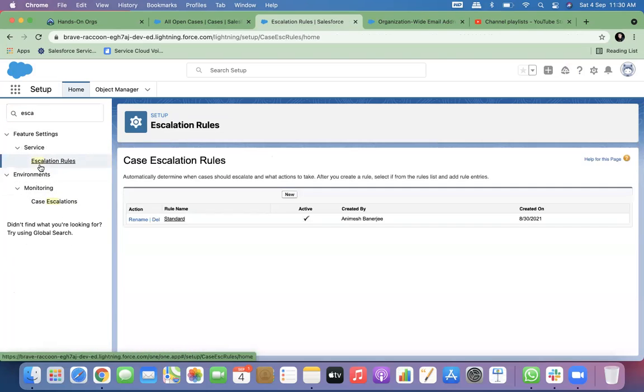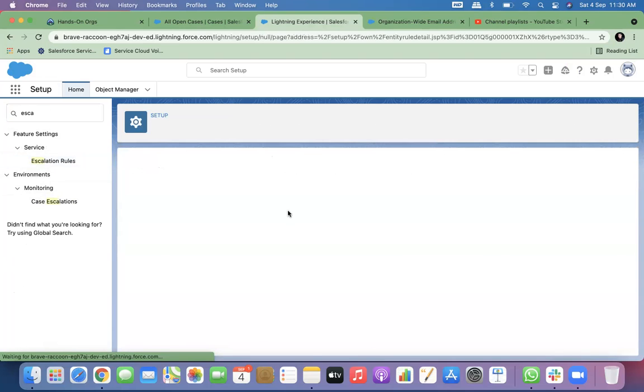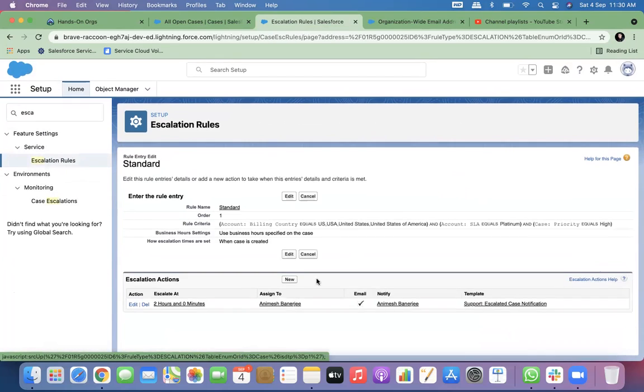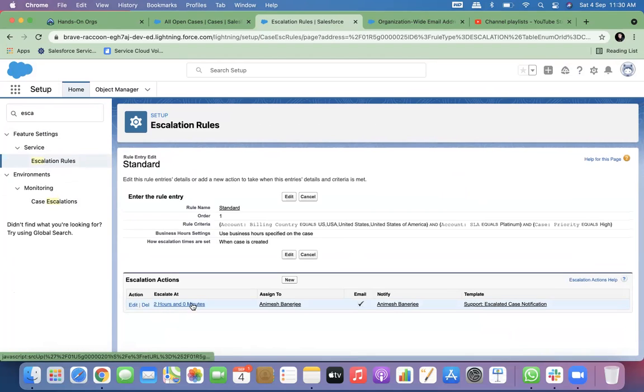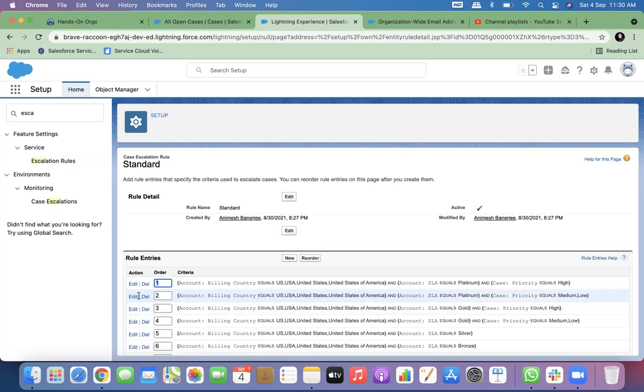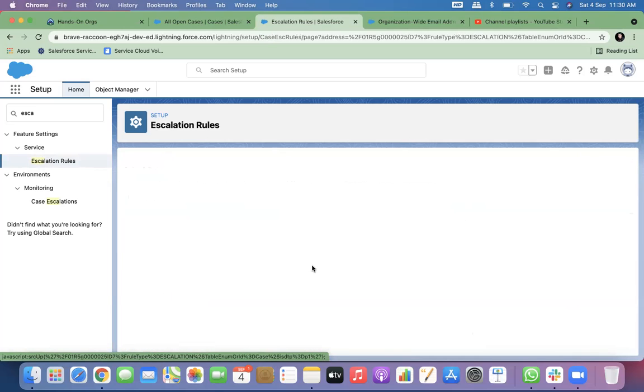Very important, very critical. Escalation rule is exactly the same, no difference. Based on the priority and skill set, you will be doing this, and you can put some actions to it. Escalate at 2 hours and 2 minutes, and you send a mail to this guy. Right? You go one by one. You see, normally this is the first level. Then you see this. This is the second level.